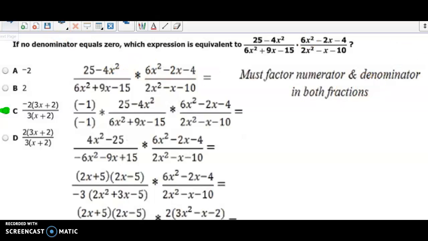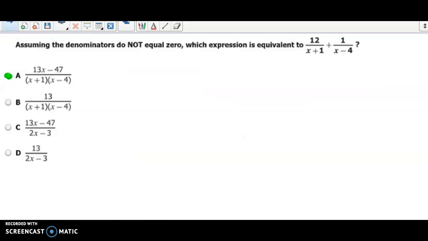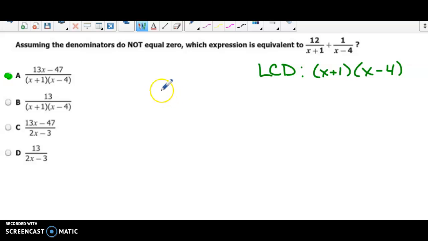Okay? All right, for the next problem, assuming that the denominators do not equal 0, which expression is equivalent? So we're going to start off by coming up with our least common denominator. So our least common denominator here is going to be both of these denominators, x plus 1 and x minus 4. So when we look at our original problem,